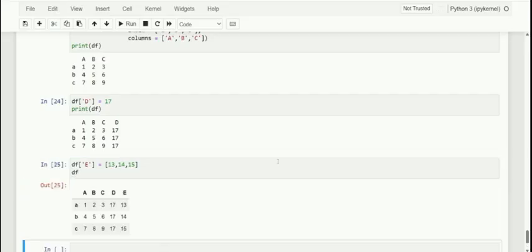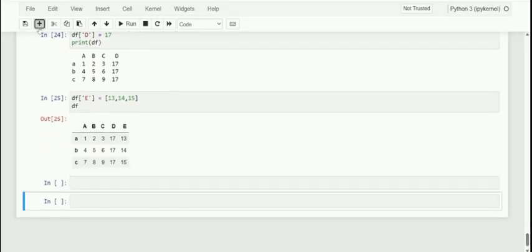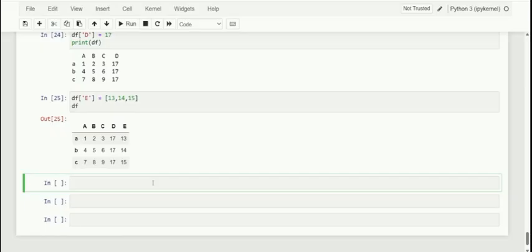So this is how it works. The same technique can be used to update the values of an already existing column. So for an example, let me just pass a list of values to an already existing column. So here let me just take an existing column, let me just move on to the D column. Okay, so here I just want to make an update. So kindly just observe.